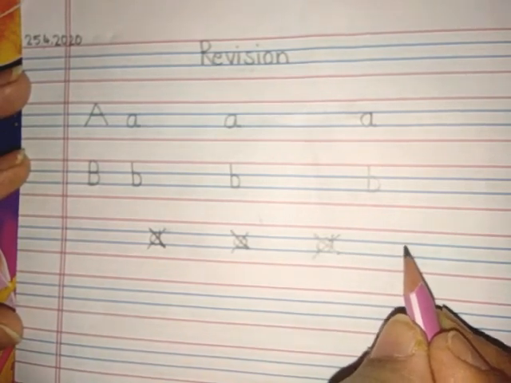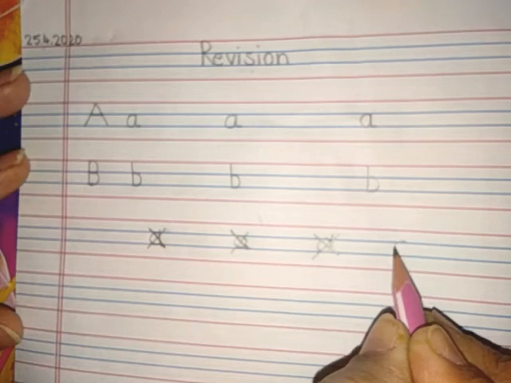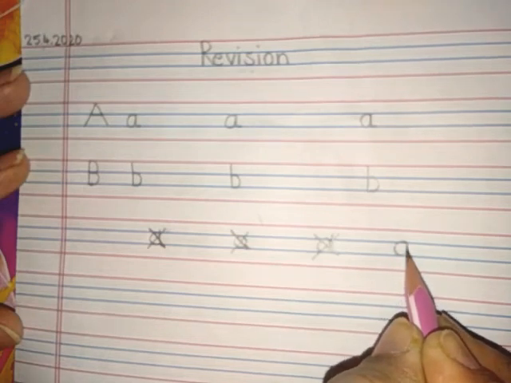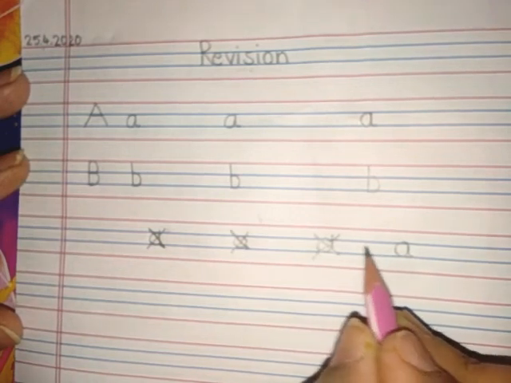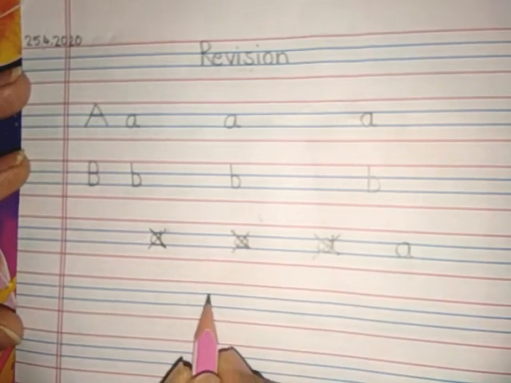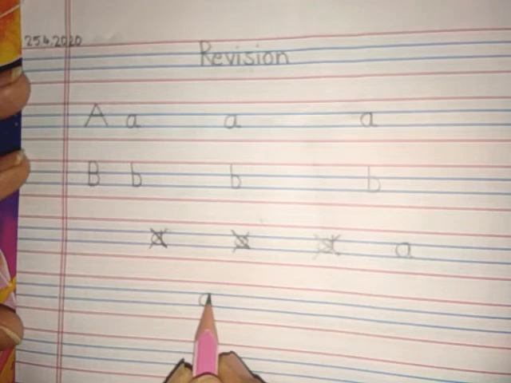How will you write small letter A? You will start from the blue line, make a curve, go up, come down and make a small tail. Few of you have made a very big tail and that is wrong. You have written with the correct formation, but the tail is very big. So this is also wrong. See again. Make a small curve from the first blue line to the other blue line. Go up, touch this, then come down, make a small tail. This is small letter A.